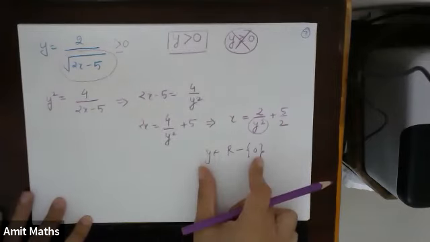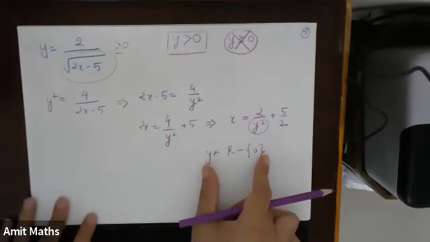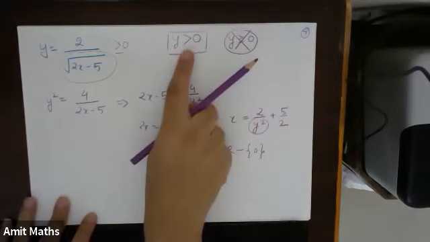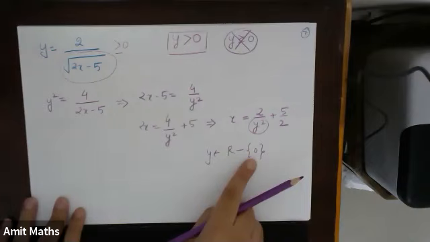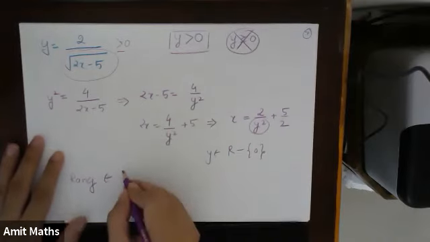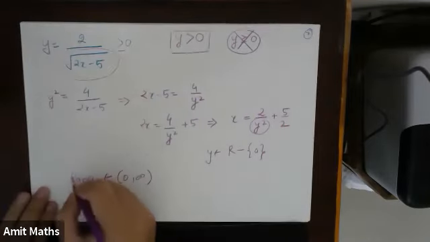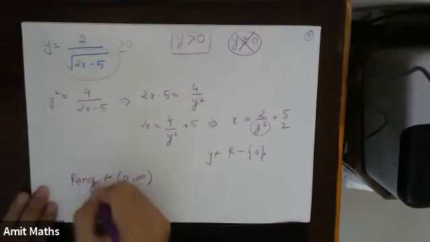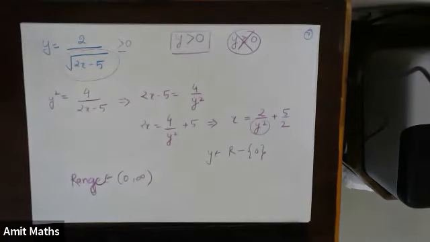Now if R minus 0, this should be okay with the initial condition. Now this has all positive as well as negative values, right? But what we have to take? We have to take only the positive values. And if 0 is also excluded from this, so what will be my final answer? The range of y will become 0 to infinity. 0 is not included. Understood? So the range will become from 0 to infinity. Okay, just check this once again. Then I'll give you one more example, something similar to this.